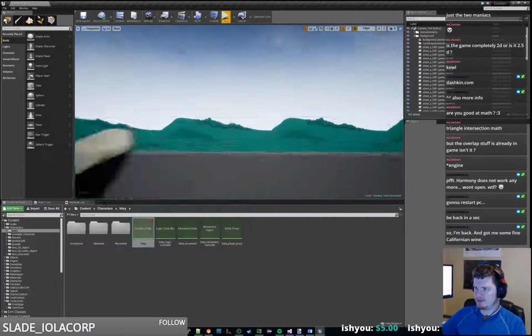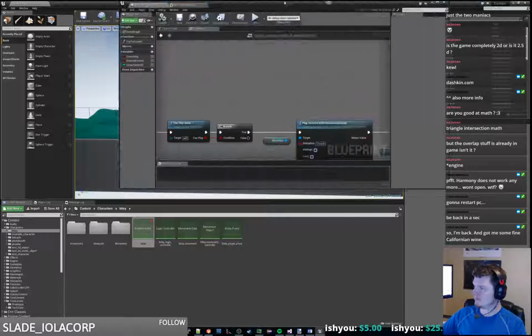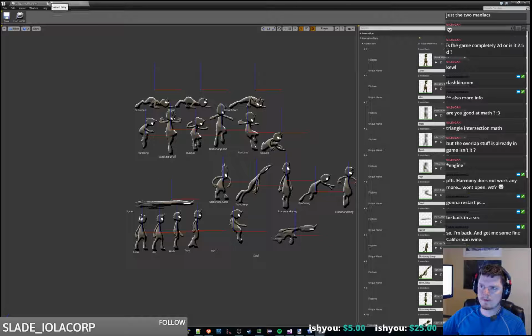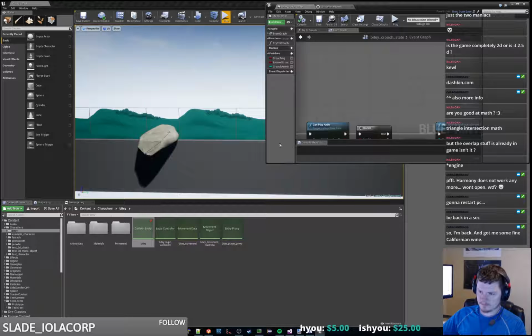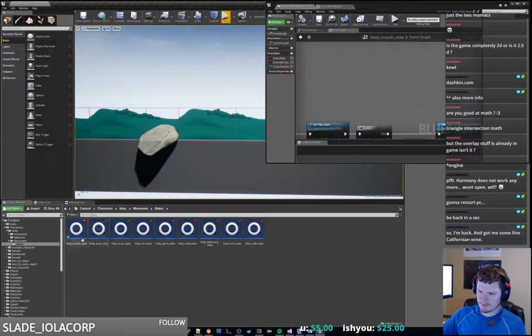It must actually be playing the thing in reverse, but the difference is that inside of the movement states for station